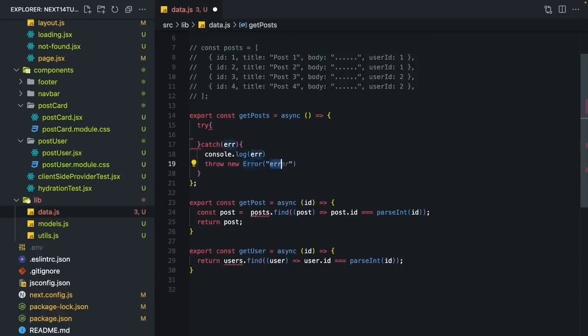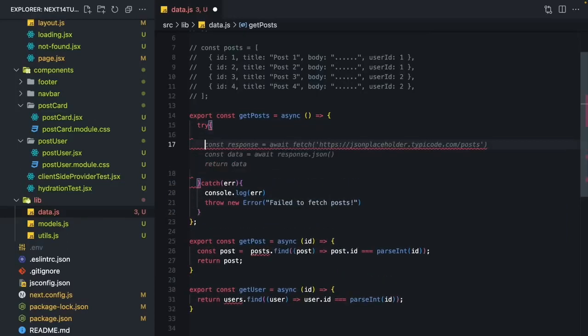And let's write here, failed to fetch posts. And let's try to fetch our data. I will say const